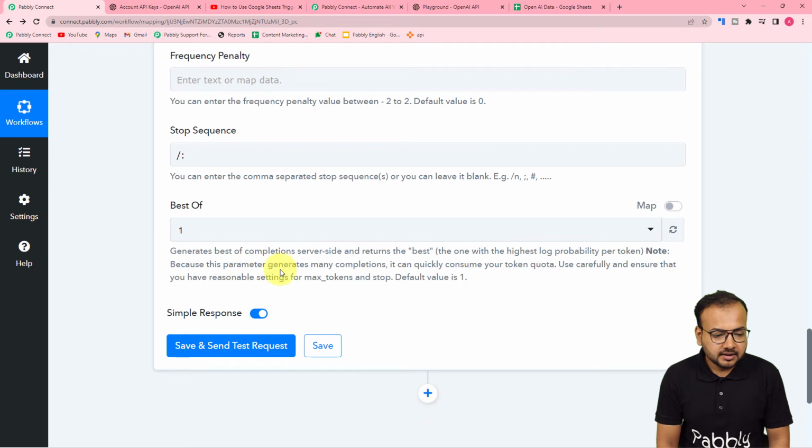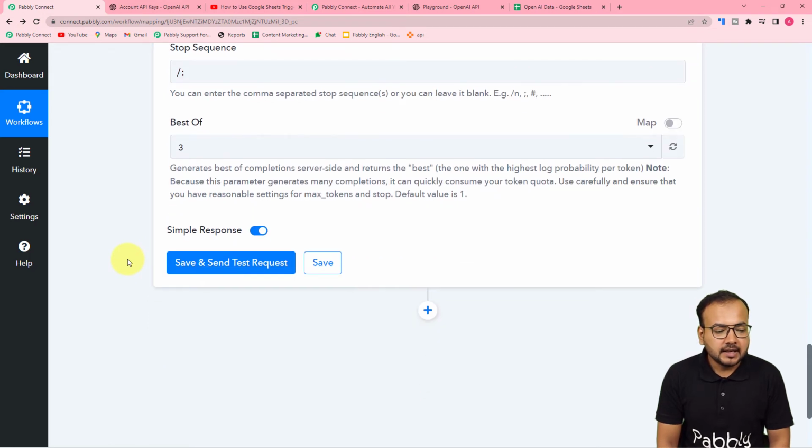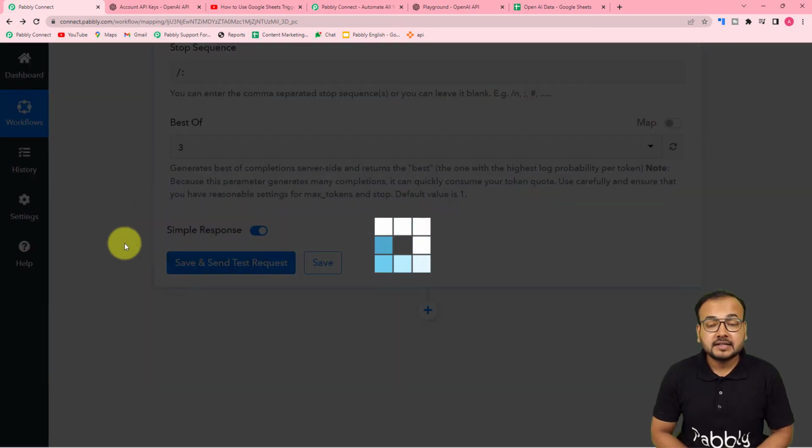So here you can read the note: it generates the best completion server side and returns the best one, the one with the highest log probability per token. So you have to select, let us select 3 here. Okay, now you can click on save and send test request, and a new article or metadata will be generated